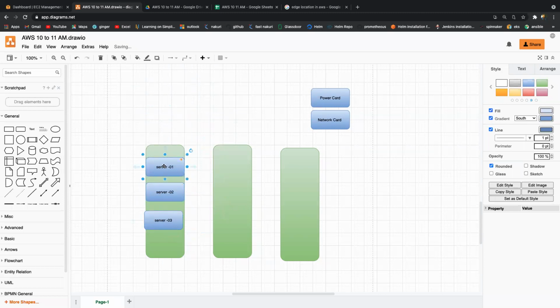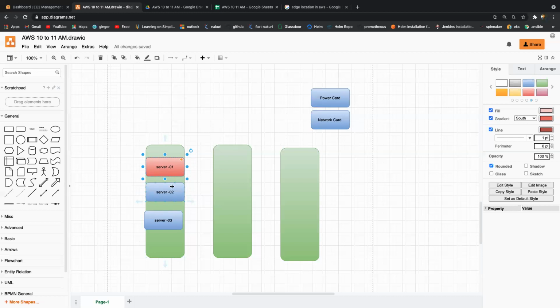So why do we need 3 servers? If one server is down, the other servers will sustain the load. How to achieve high availability within the region we have already discussed. Now within the zone itself, we are trying to understand. Getting my point? In this case, if one server is down, the other 2 servers will be up and running, so I can achieve high availability.